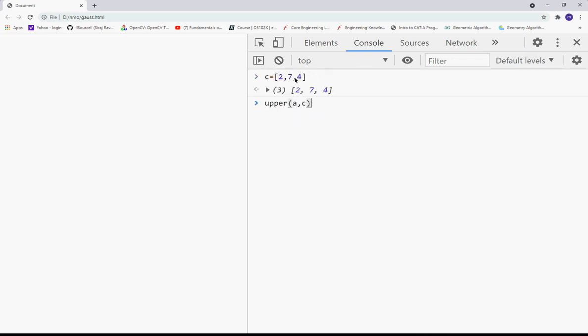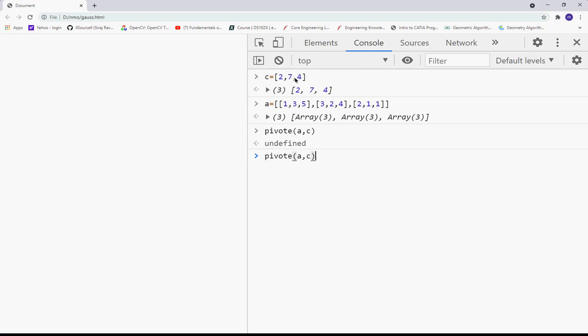Assign C. Assign A. Go for pivot and go for upper.